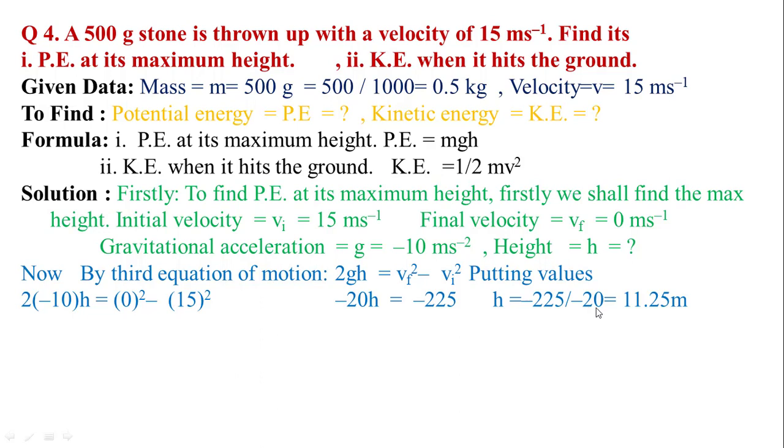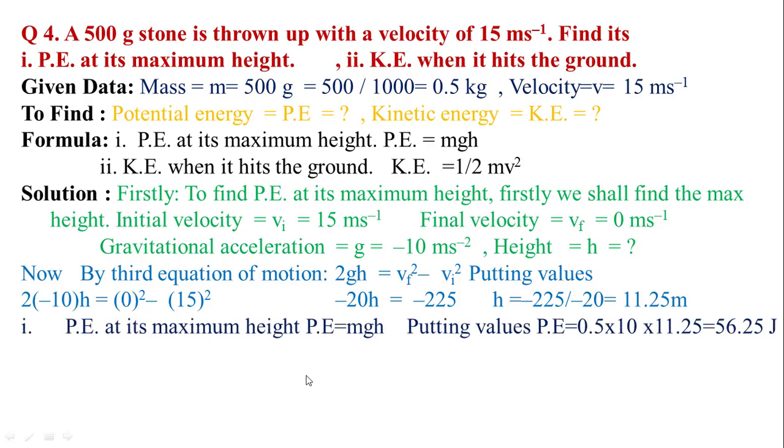h is equal to 225 divided by 20, which is equal to 11.25 meter. Now the potential energy mgh is equal to, putting values, Pe is equal to 0.5 mass multiplied by 10, value of g, and 11.25, value of h. Multiplying, the final answer of potential energy